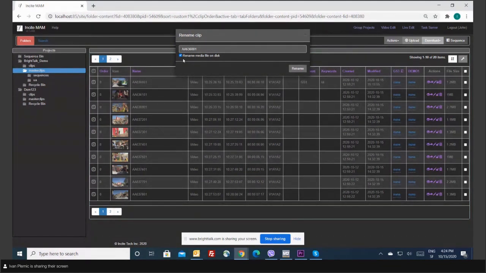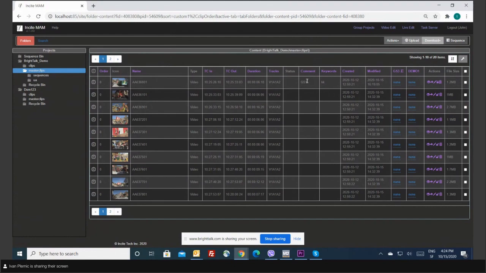These files came from my camera, which typically gives them some fancy name. But before even going to the edit suite, I want to put a more concrete name. And when I say we will rename the file on the disk, of course we can also put in comments, metadata, et cetera. And of course, we have a